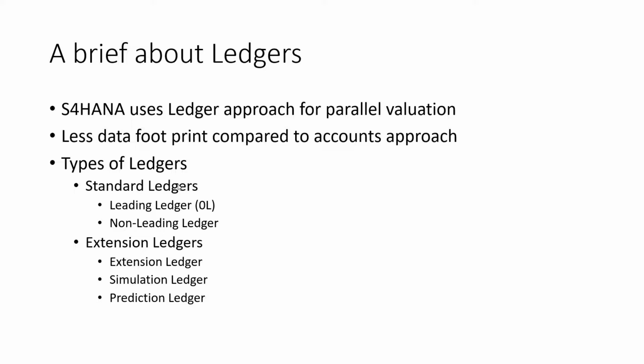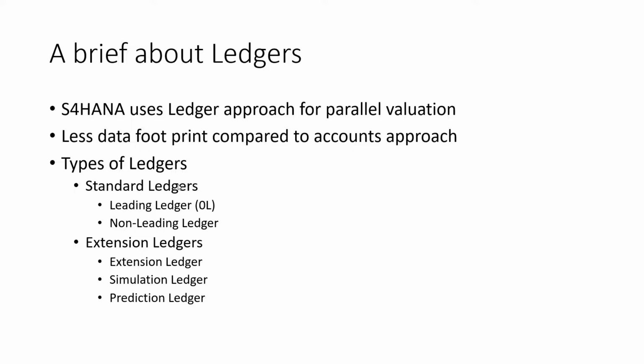So what is a base ledger or this underlying ledger we are talking about? We discussed that whatever data is posted onto the extension ledgers is not stored on the ACDOCA table. So where is it stored and how is it stored? The data storage is dealt with by the underlying ledger. So only that data which is posted onto the underlying ledger is stored onto ACDOCA, and whatever the extension